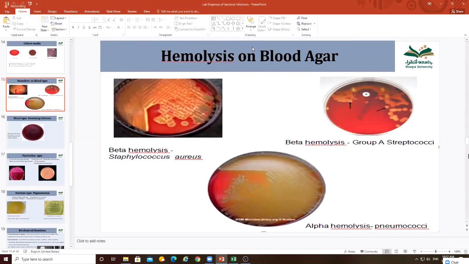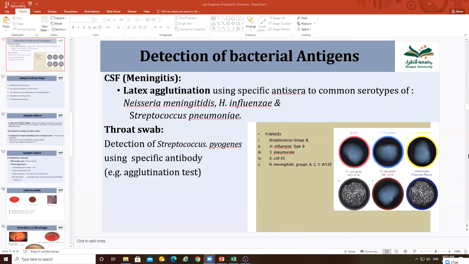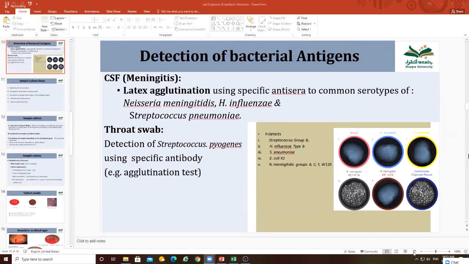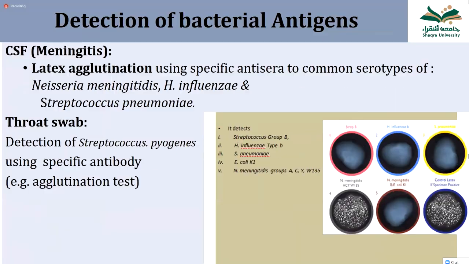Doctor, I have a question about the slide on detection of bacterial agents. Yes, tell me. Which slide? I didn't understand bacterial agents. Sorry, bacterial antigen. Can you repeat the slide, Doctor? Because I didn't understand it. Okay. Yes, this slide. Tell me, what do you understand? What do you want to ask? If the bacteria, like in picture or in symbol 4 and 6, that means it's able to infect or what?